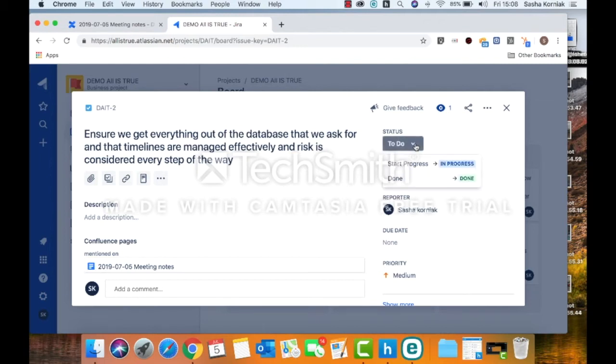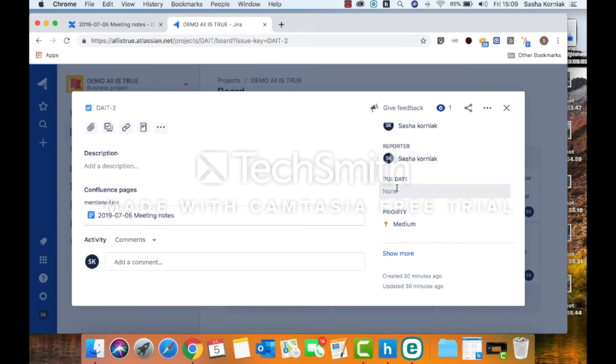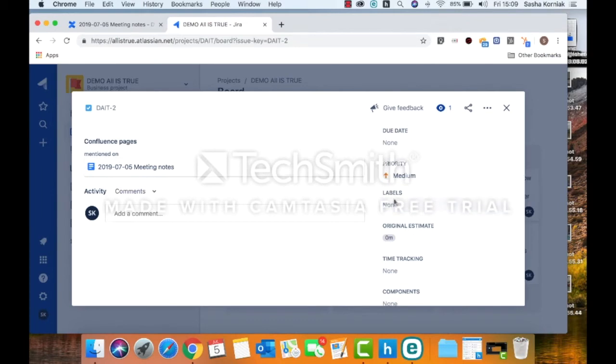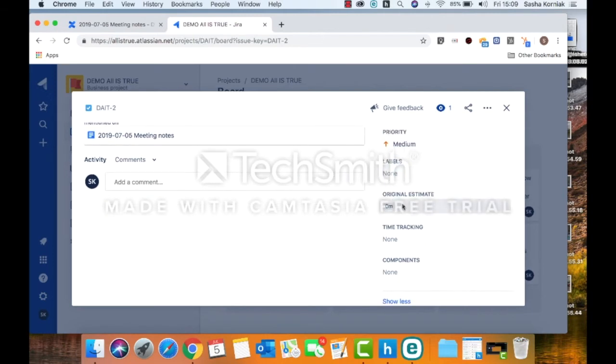So here we have a status. We can actually go along and change this and develop this further, to be very complicated or to be very simple. I'll do that in a further webcast. We can also assign these to individuals, we can have a due date, and we can set the priority, which is very good for sprint planning. We can also add labels. This is what we're talking about when we are talking about metadata.